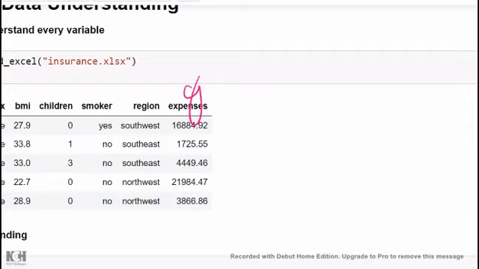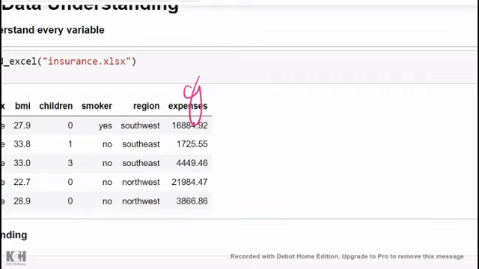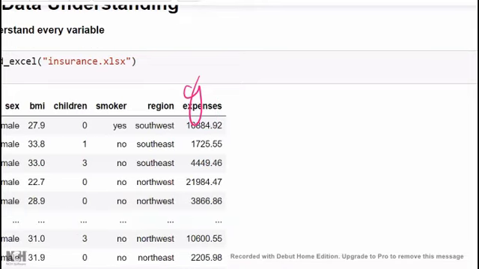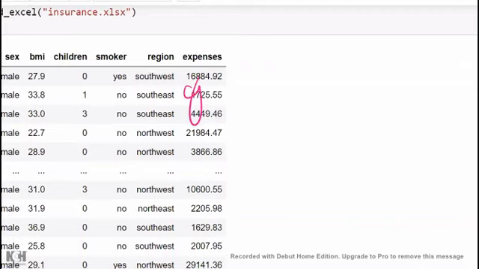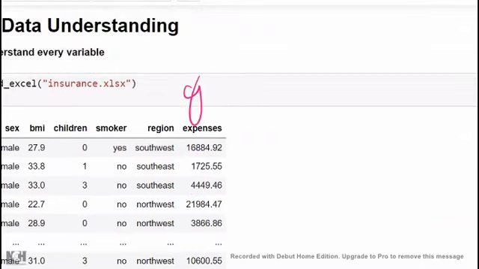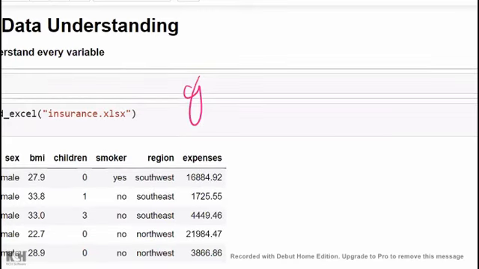Nothing we can decide. If you want to see the entire data set, how is it going to work? I'm printing df here, and you can see only the first 5 records and the last 5 records. But still I want to see the entire records. How can I see them? There is an option called pd, pandas dot display